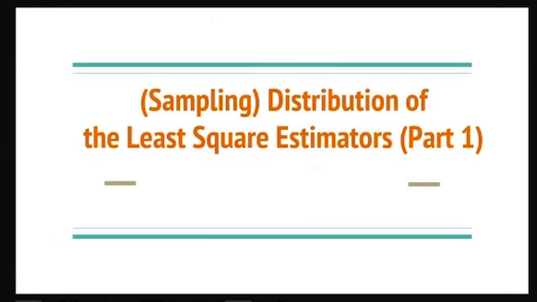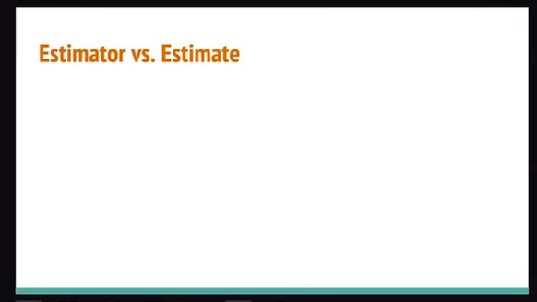Now, the next thing I want to talk about, if I don't finish this, I'm going to continue in the next class, but I'm going to start this. This is different: this is the sampling distribution of the least squares estimator. Has anybody heard about sampling distribution before in this class? Sampling distribution. Okay, now I'm going to tell you the idea of a sampling distribution, but before